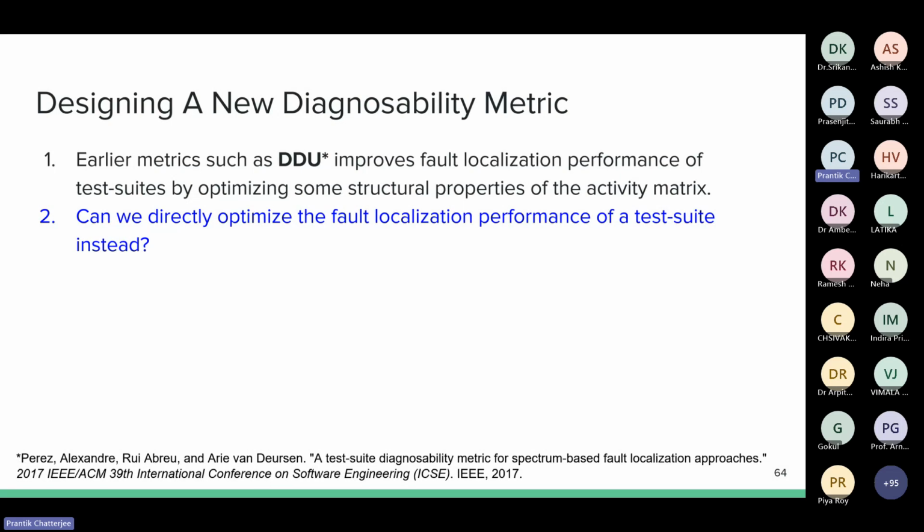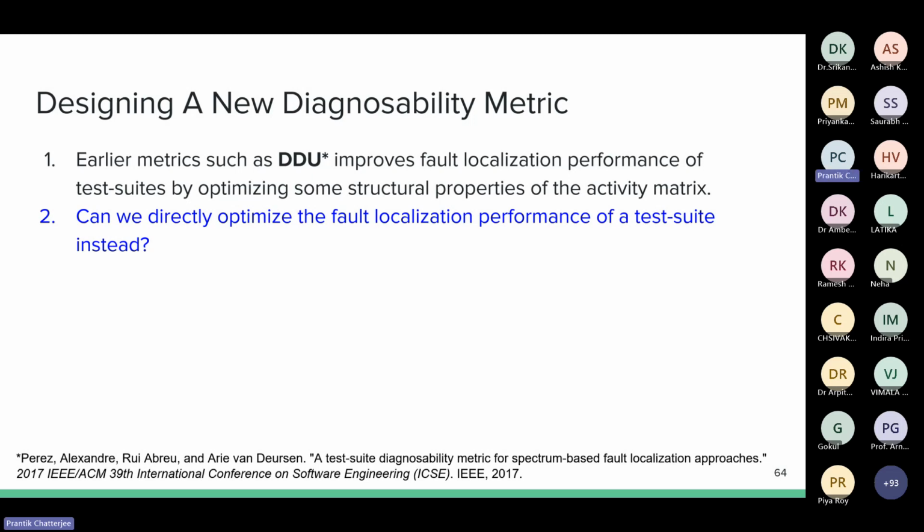Each row must have a unique pattern, which makes sense, right? Because if you have multiple test cases which produce the same pattern, they do not provide you any extra value. So they are basically redundant. So there's no reason to keep these same test cases again and again.